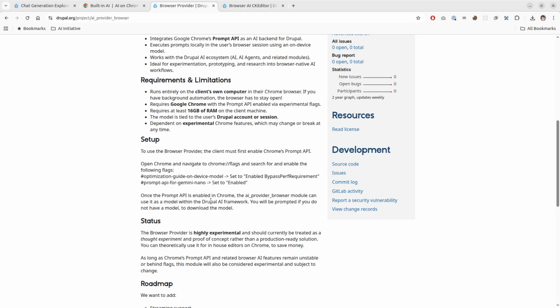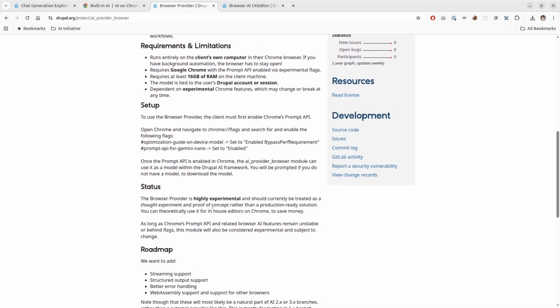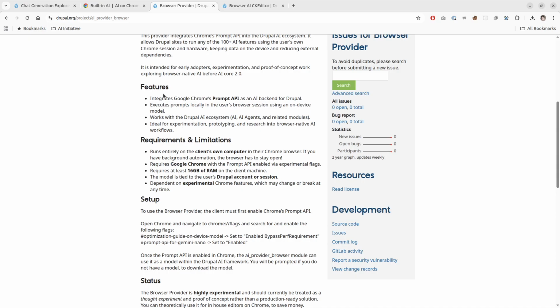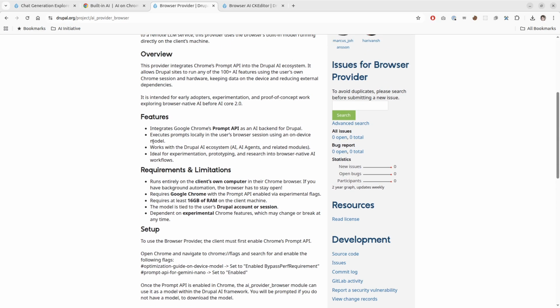The other caveat is, of course, there are a lot of Chrome flags. You have to run Chrome and so on. So yeah, there are some things you have to think about when you're using this, but there are also clear